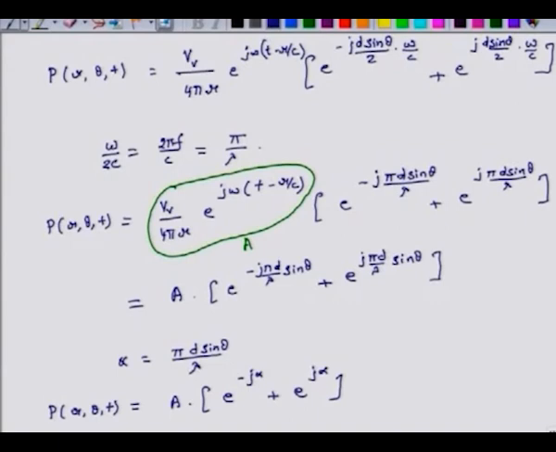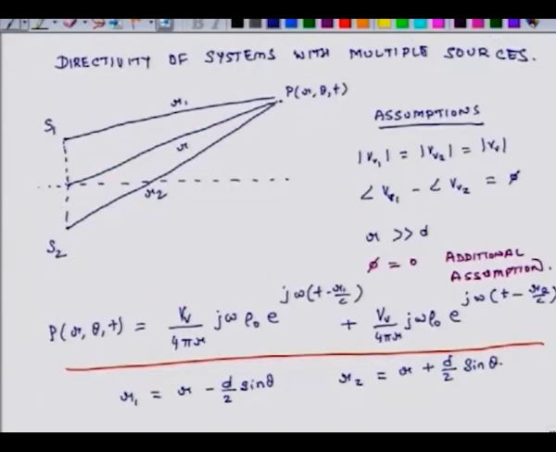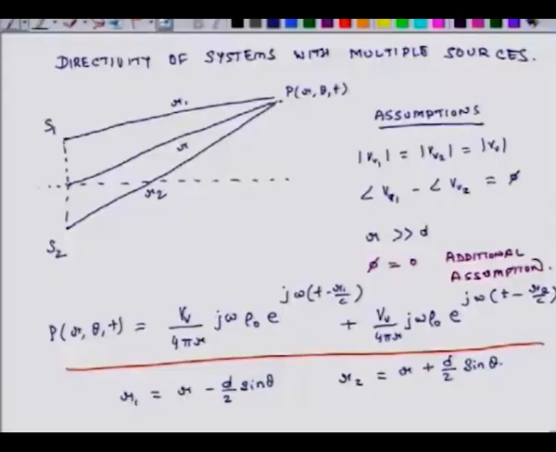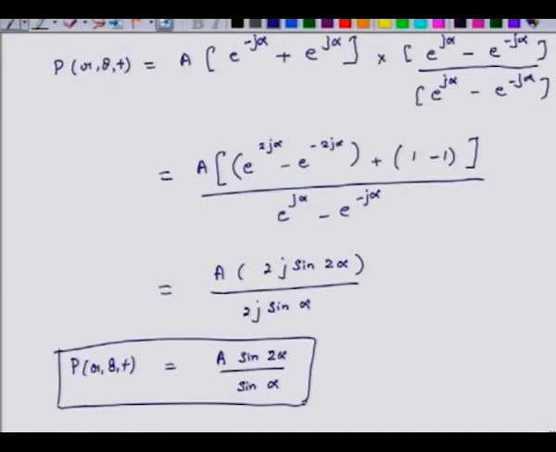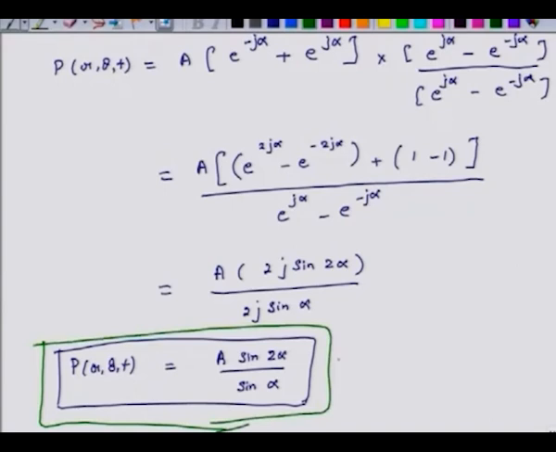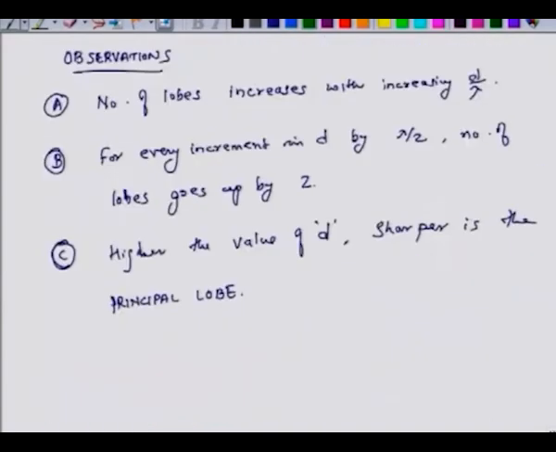So, what I have done here is I have revisited the case where I have two simple sound sources located at distance d apart, and the midpoint between these two sound sources is located at distance r from the point of observation. In this context we have also assumed that the phase difference between the two volume velocity sources equals exactly 0, and with that understanding we have revisited our earlier expression for pressure at point P, and then we have rewritten essentially the same result, but in a different form, and this different form is this form. So, mathematically this form is exactly similar to the form which we had developed earlier,